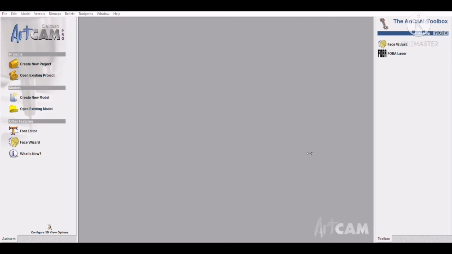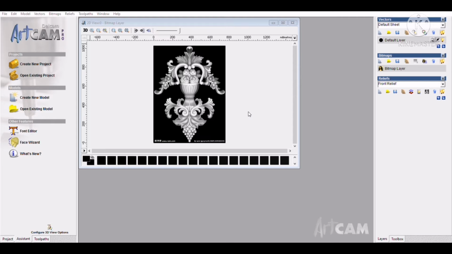After selecting my file, an interface will show on your screen at the bottom, that is minimum Z and maximum Z. Minimum Z you always have to give 0, and maximum Z according to your depth, how much depth you want. I give 5 mm there, and now I will,